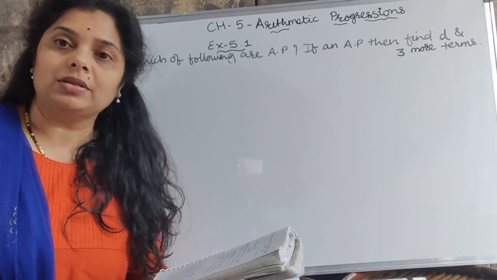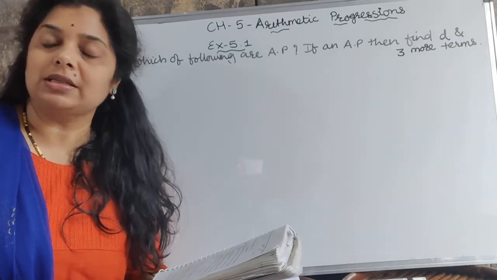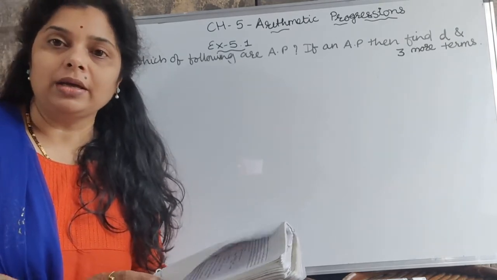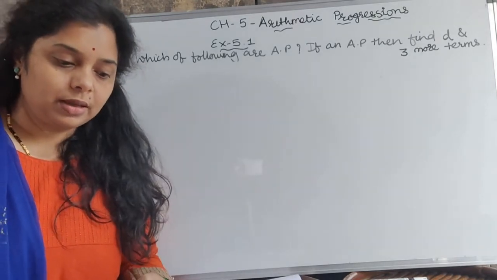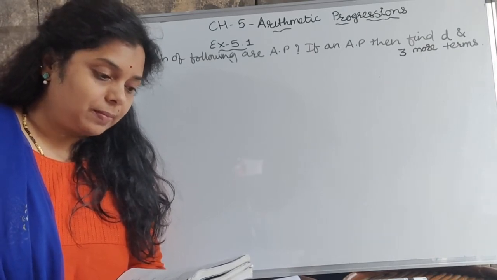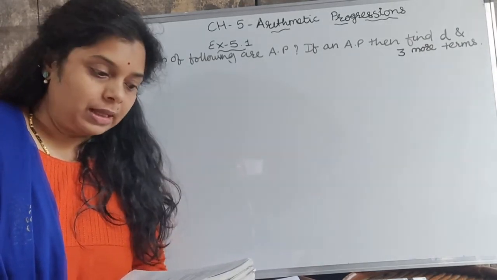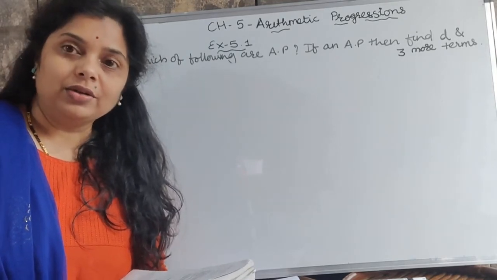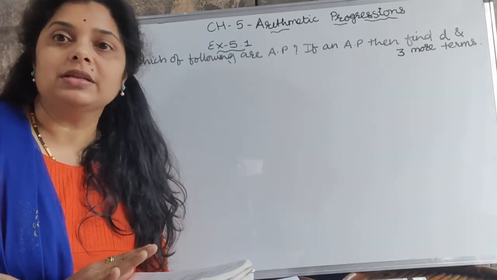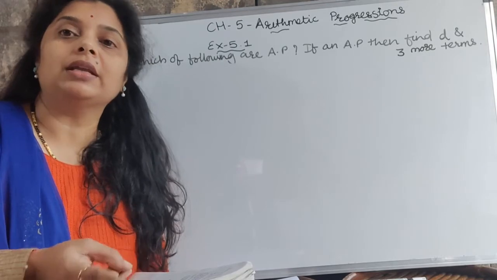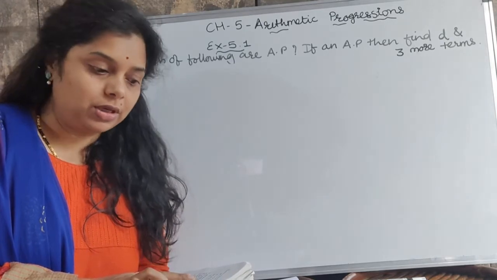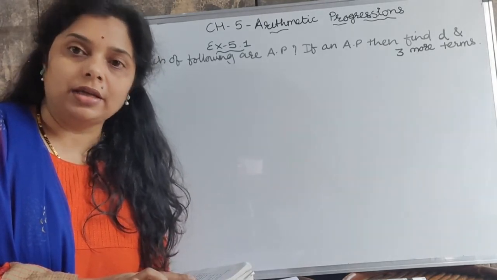All the numbers are the same. It means A5, A6 and A7, all numbers are again the same and all are minus 1 by 2. Now the next one, the 9th one. 1, 3, 9, 27. So 3 minus 1, 2. 9 minus 3, 6. Okay. So isn't it that D is the same here? No. There is a difference between A2 minus A1 and A3 minus A2. It means the given list of numbers is not an AP.